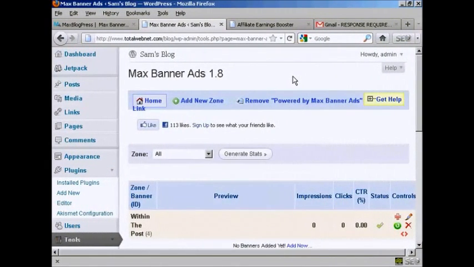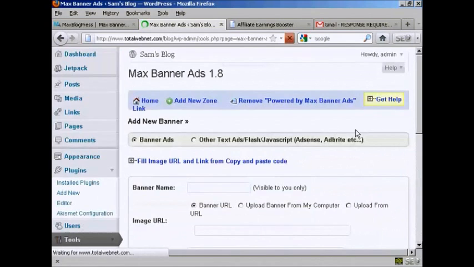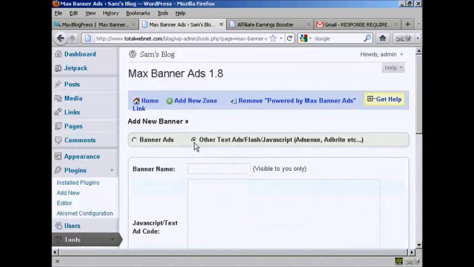Something else that you can do with Max Banner Ads is use it to insert Google AdSense into your blog posts. And to demonstrate that, I'm going to insert a Google AdSense block within the post. So click here on where it says Add Now. And we want to click here on this radio button that says Other Text Ads /Flash /JavaScript, and we'll give this banner a name. We'll call this AdSense 01,